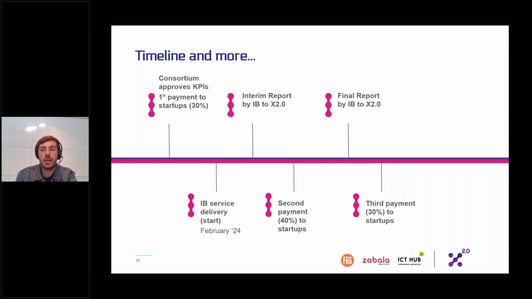to be paid. We are fixing a calendar for paying the startups, but as the startups are paying the impact builders, you can fix the calendar you want. But in our calendar with the startups, there will be a first payment once we approve the KPIs of 30%. Then after an interim report, we will unlock the second payment, 40%, and then after the final report, we will unlock the 30%,